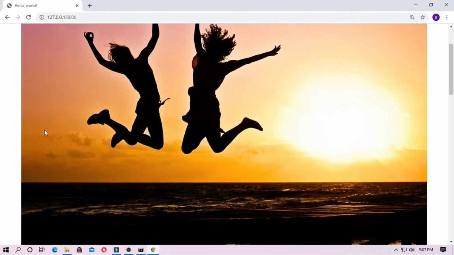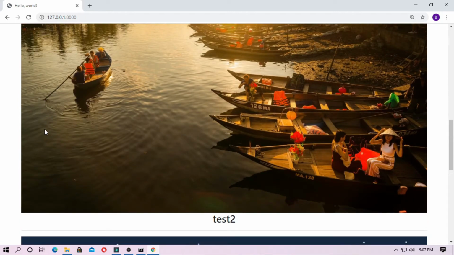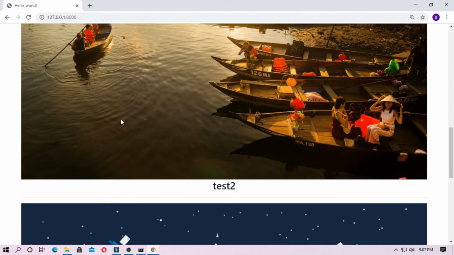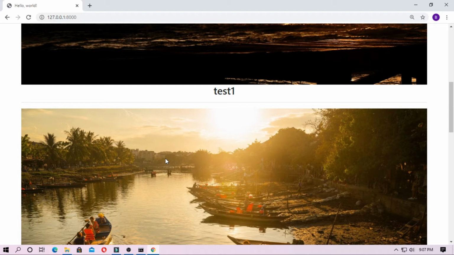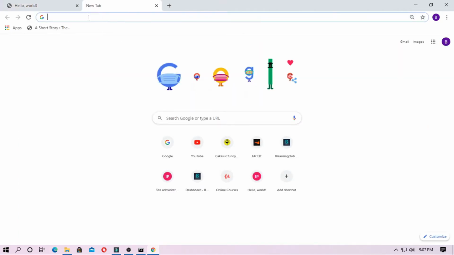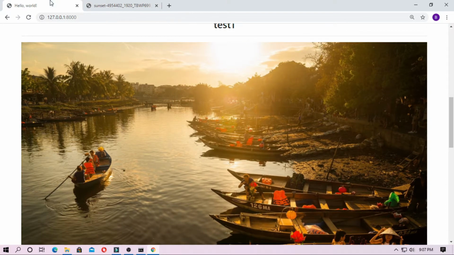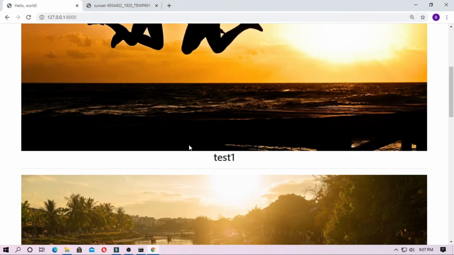Hey, in this video I will show you how you can upload images in Django. You can upload images through the admin interface, and I will show you step by step. Before we start, remember one thing: every image or media file has a unique URL. So you have to set this URL pattern, otherwise it will not work. Don't worry, I will show you step by step, so just follow the tutorial.